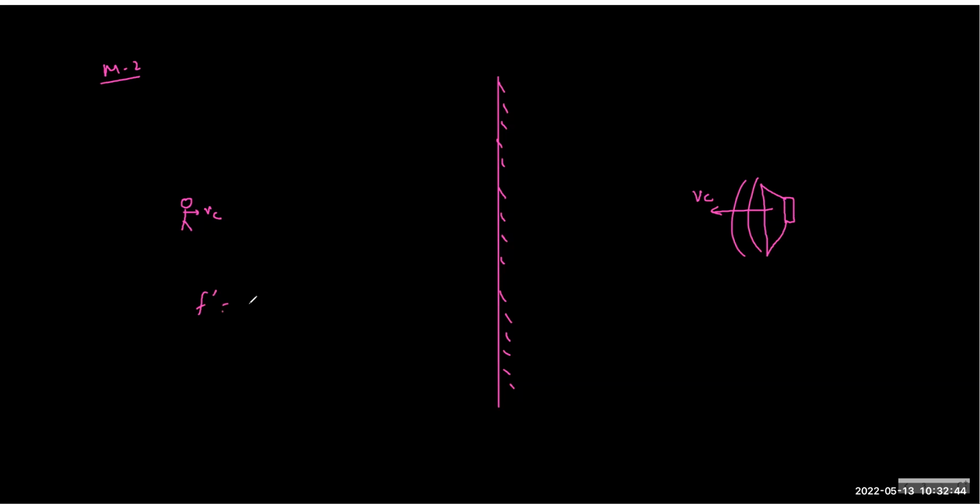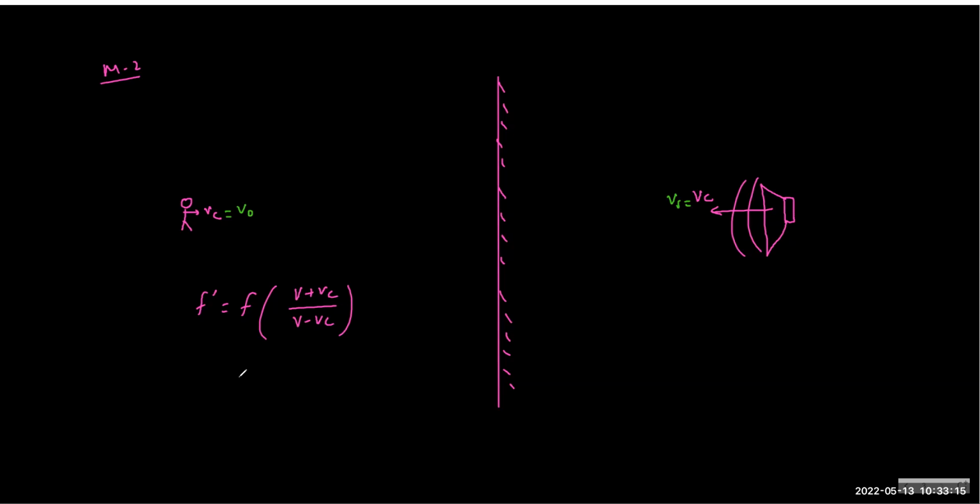So f dash equals to the numerator will add up and the denominator will subtract to get the maximum value, right? Because they are approaching each other, so (v plus v naught) upon (v minus vs). Because v naught and vs both are same, you can say this is acting as a v naught, this is acting as a vs, and therefore you can take the source and the observer as an image pair,